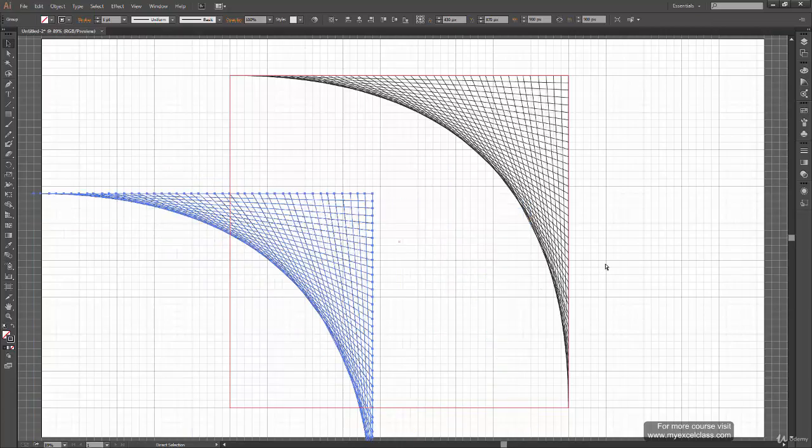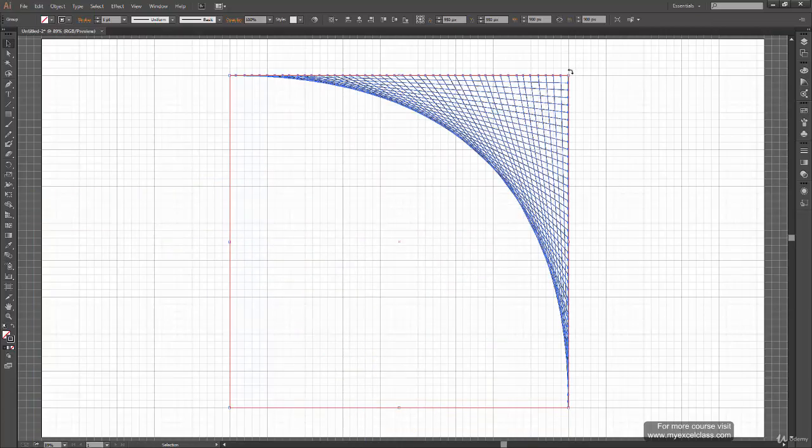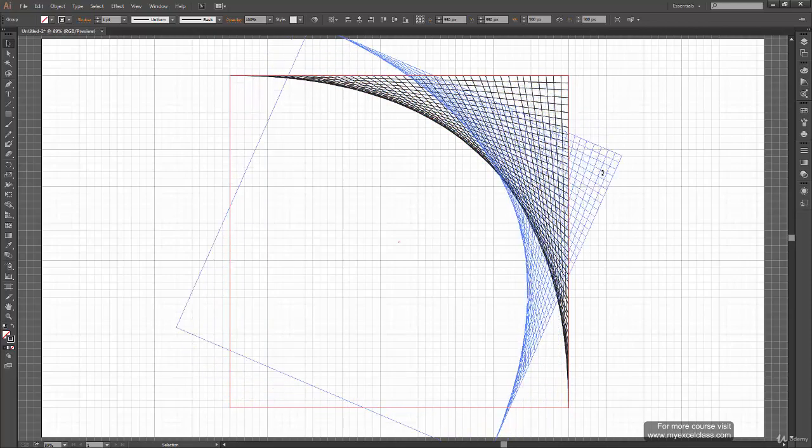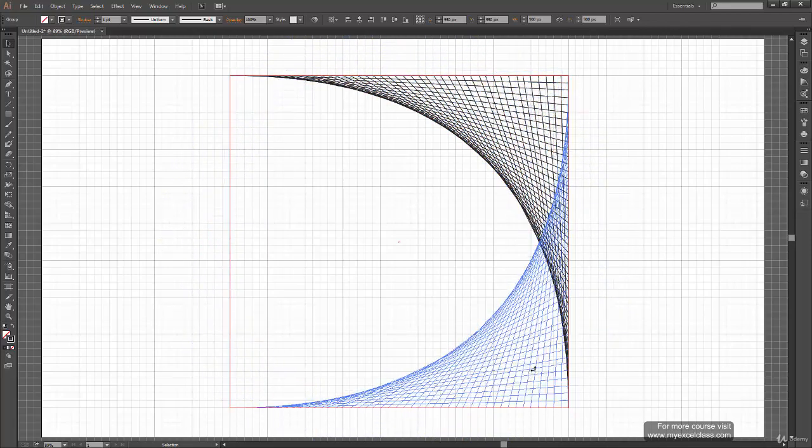Okay, let's undo and let's rotate this newly pasted group. Go to any of the corners and move your mouse slightly outward until you see this rounded rotate cursor. When your cursor switches to this rotate icon, you can just click and drag your mouse to rotate your group.